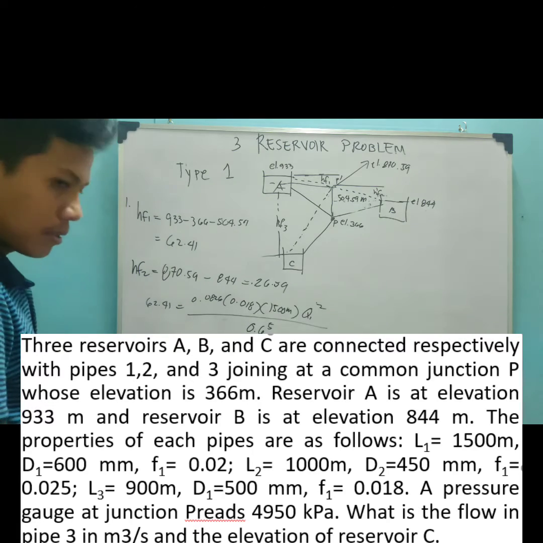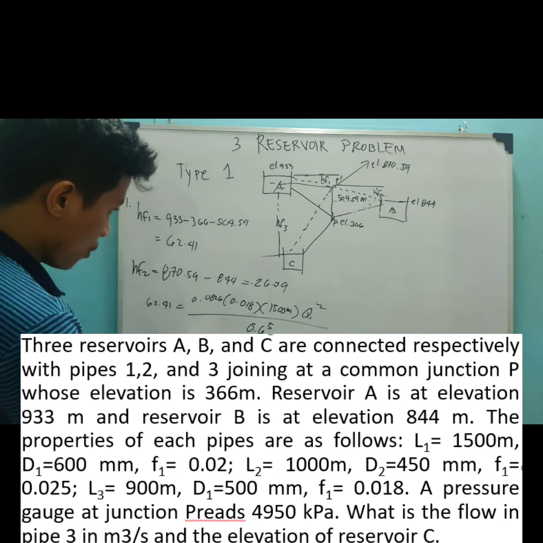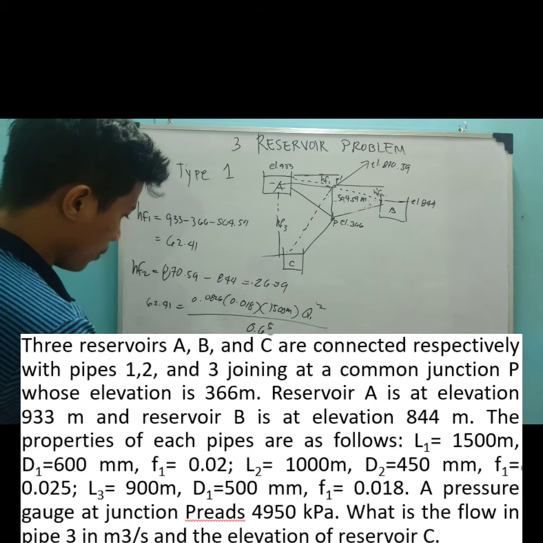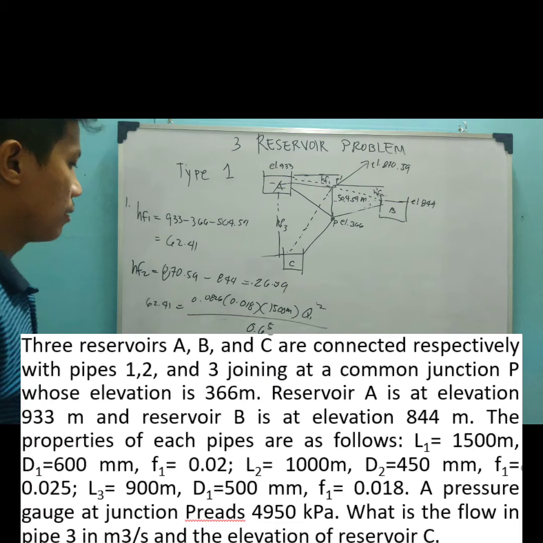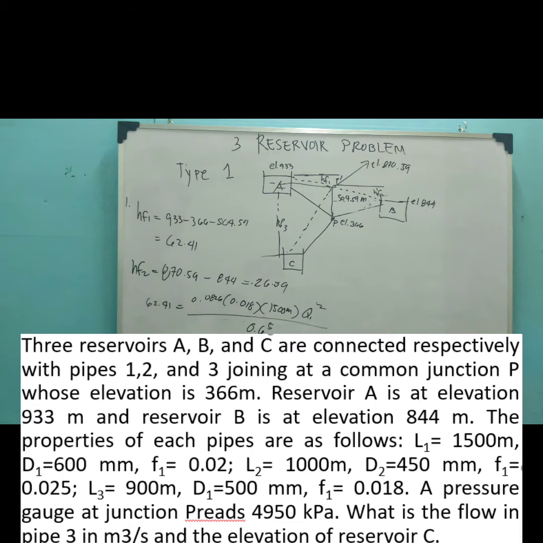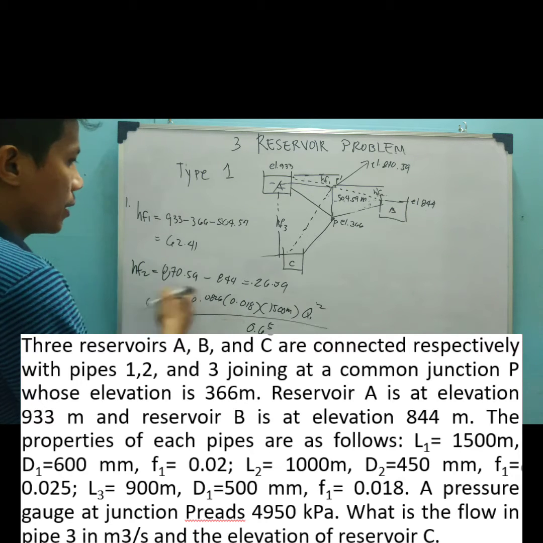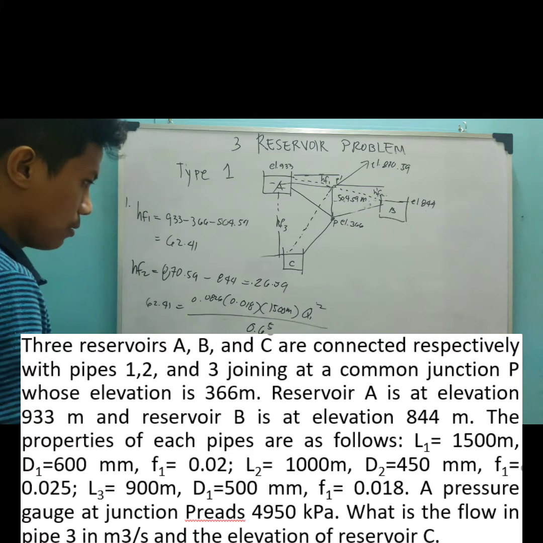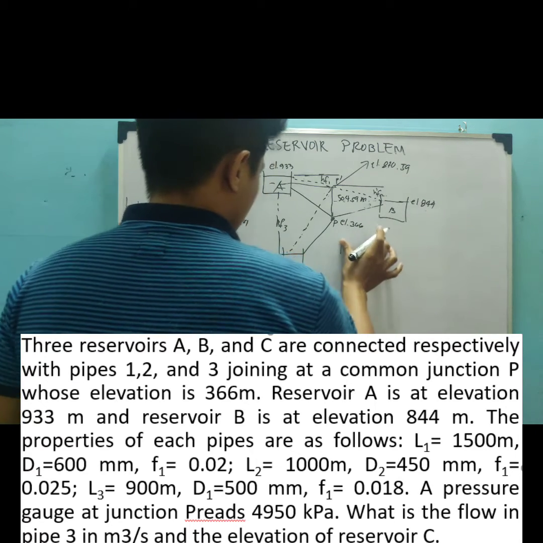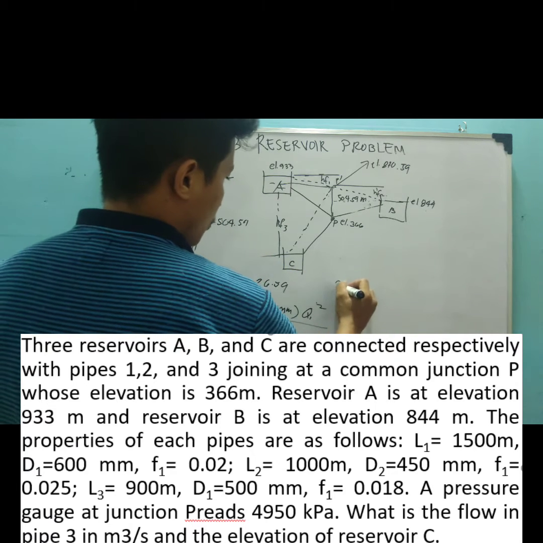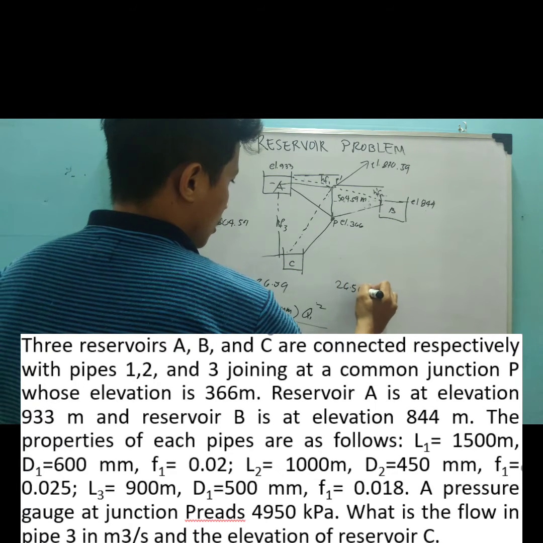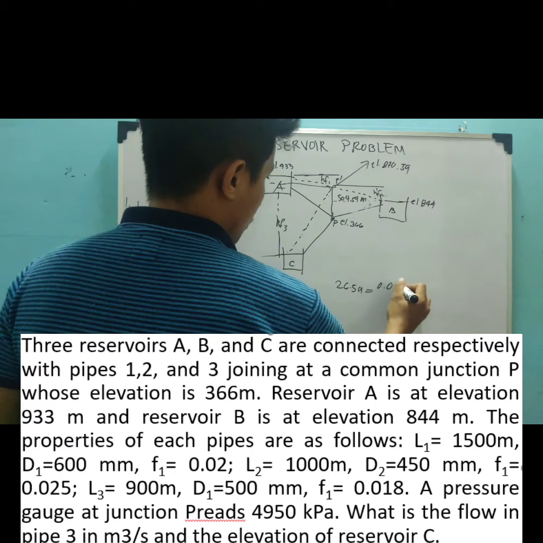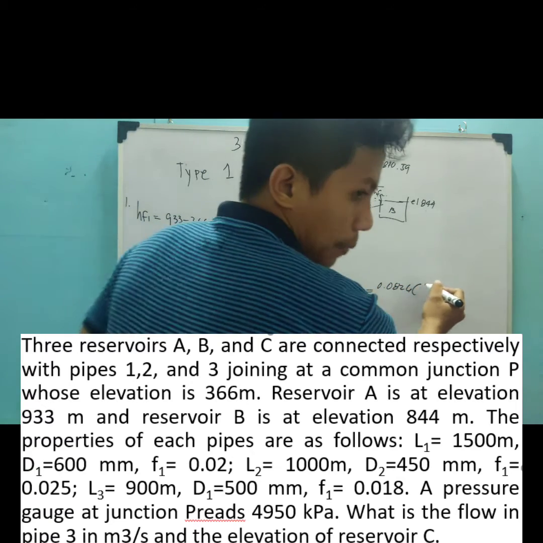So, ang Q1 natin is 2.17 cubic meter per second. And then, ang Q2 natin, gamitin natin yung rentas nito. So, yan ay 26.59 equals to 0.0826. Ang F niya is